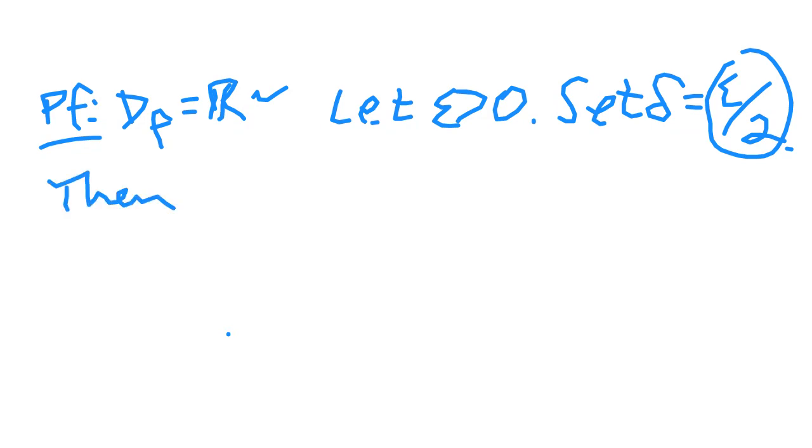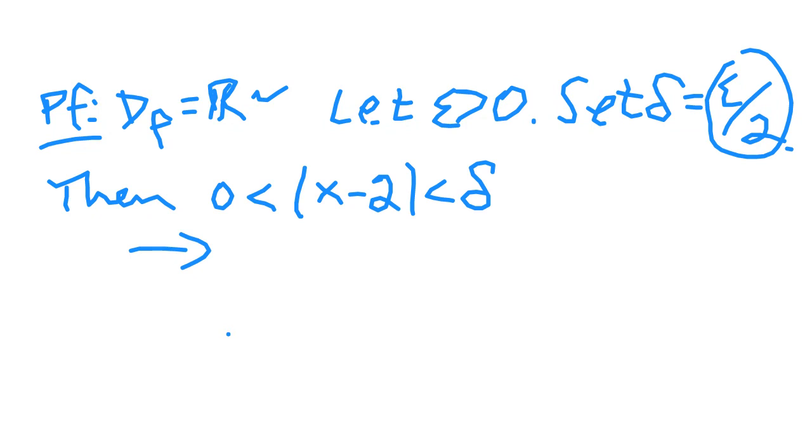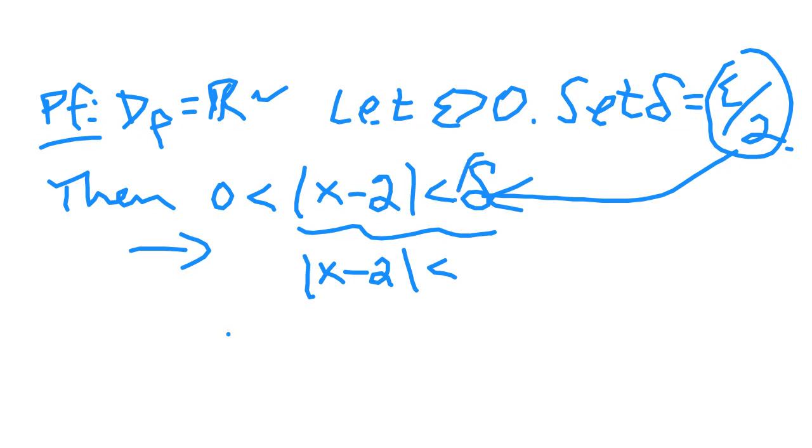So then what do we say? 0 is less than the absolute value of x minus a, which was 2, is less than delta. Well, what does that imply? I'm just going to work with the right half here. That implies that the absolute value of x minus 2 is less than, and instead of delta, I'm going to plug in epsilon over 2, right? So this is less than epsilon over 2, and then I'm reworking those steps I had on the previous page